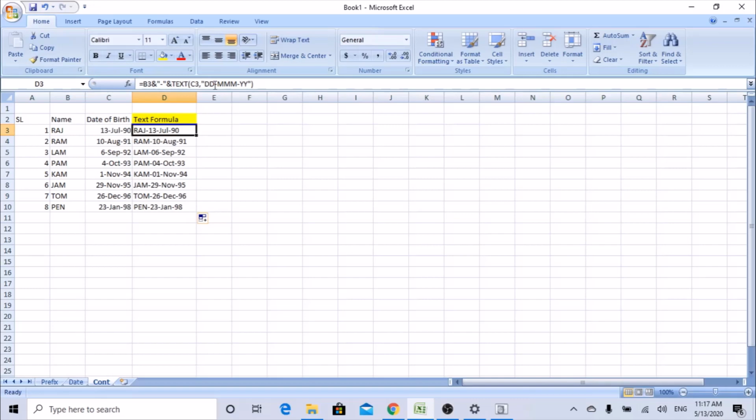So what we did, we just added DD for two digits number. Month it is 3 digits, 3 alphabets. So adding 3 M's. For year it is 2. So I'm adding two y's. You can see here it's already in the double quote. Guys, it's very simple. I know text formula can be used for a lot of other options. I just try to cover the three criteria.